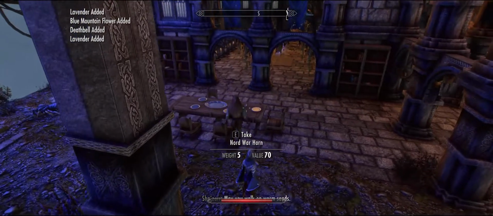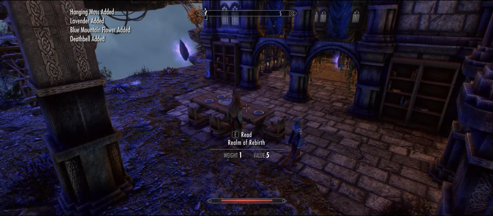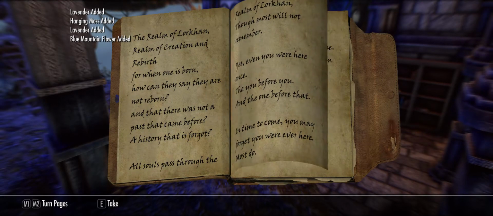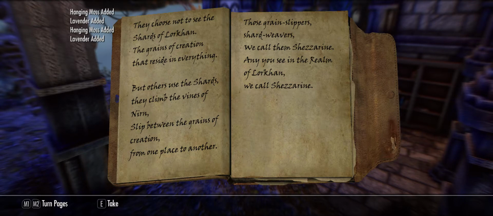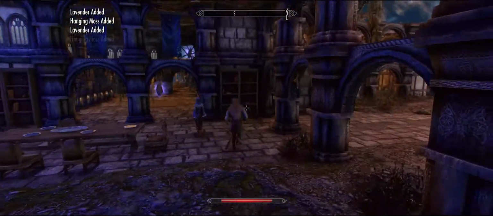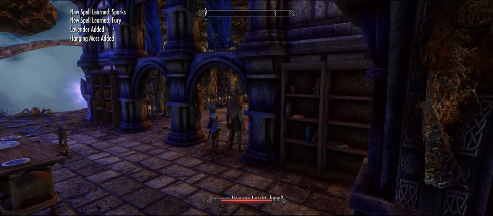Now, these horns are semi-lightweight and worth decent money. I call them Rhy'kuuz the Chezarin because of this book. This book, you can pause it if you want to read it, but on the 4th page here, you see in the realm of Lorkhan, we call Chezarin. And he is pretty much bound here. That's the way that I have his story scripted, is he